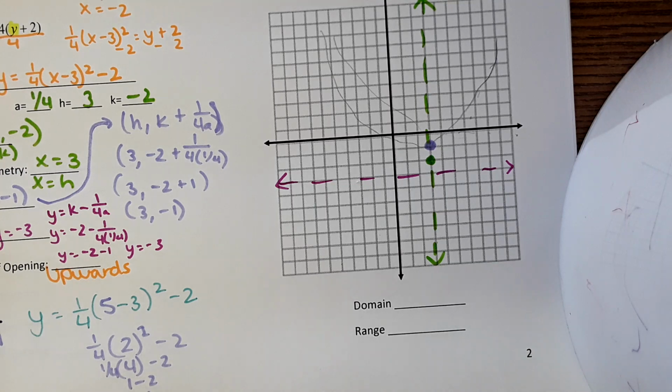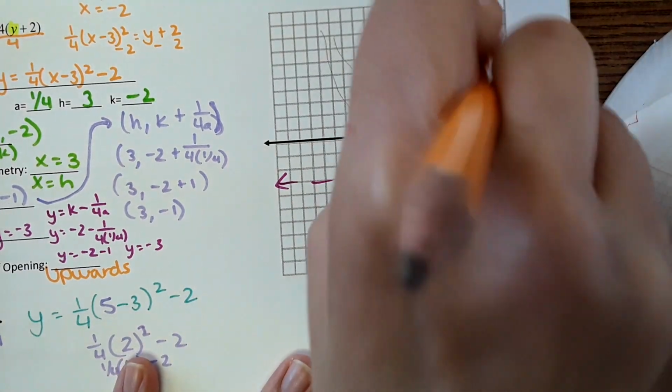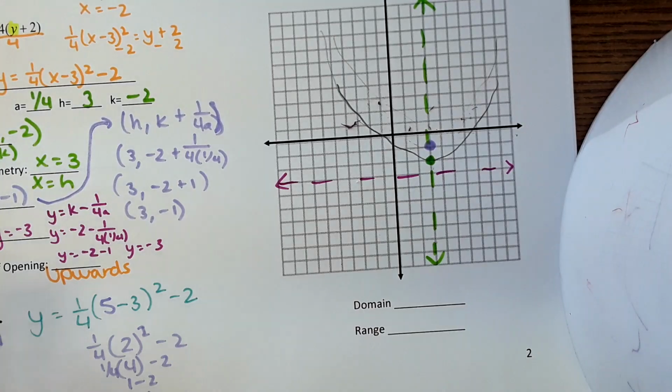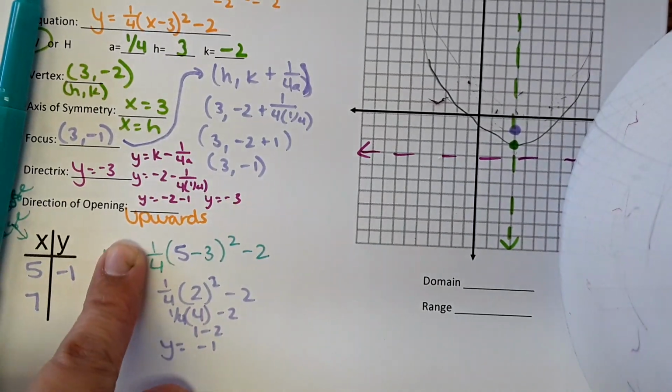What do you mean? The vertex is, actually I drew it from the focus point, but the vertex is the green one. So yeah, and then we already established that it's going upwards here. So you could